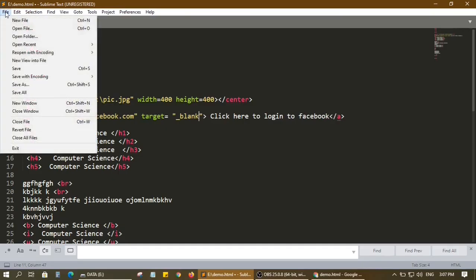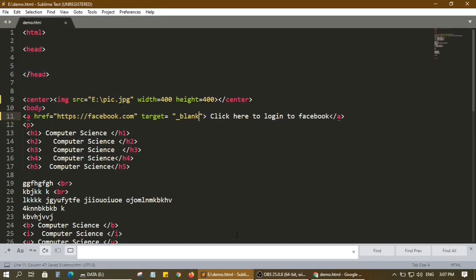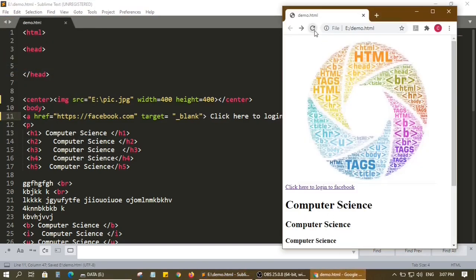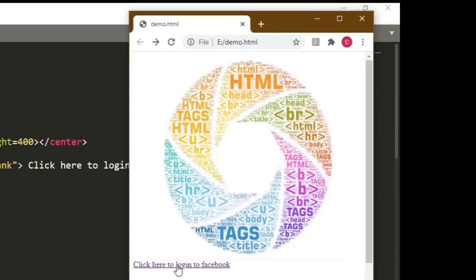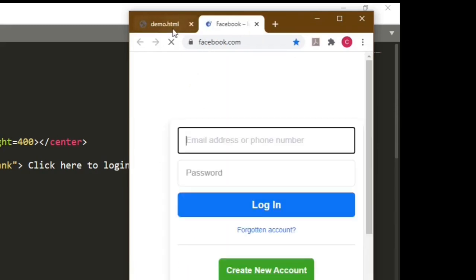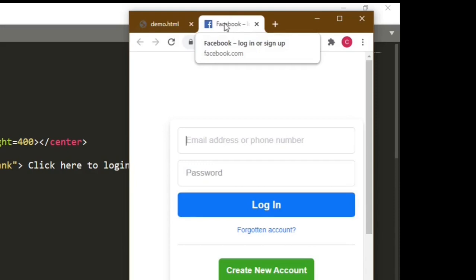Save the file and let us see how the output would look like. So when you click here now, you can see that Facebook is open in a new tab. So this is the work of the target attribute.